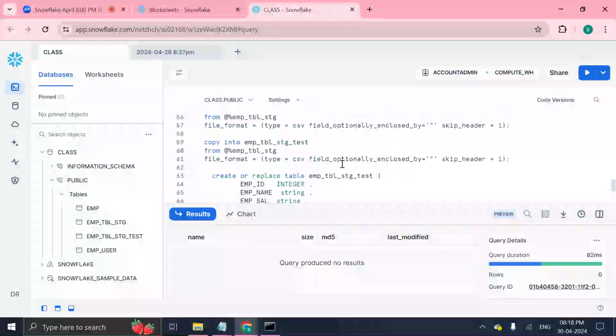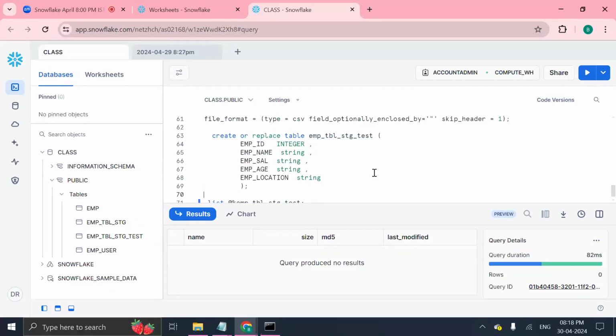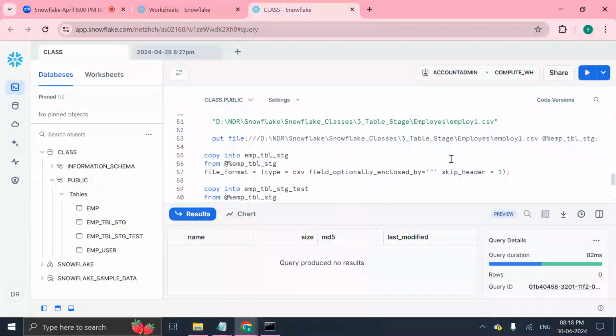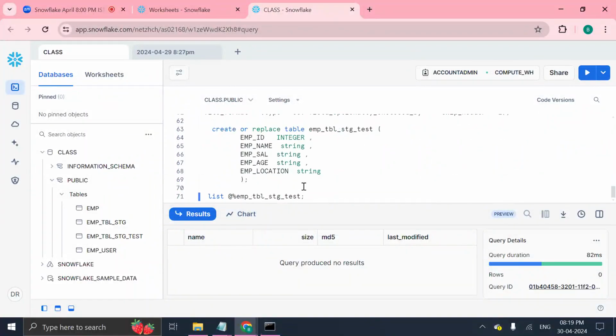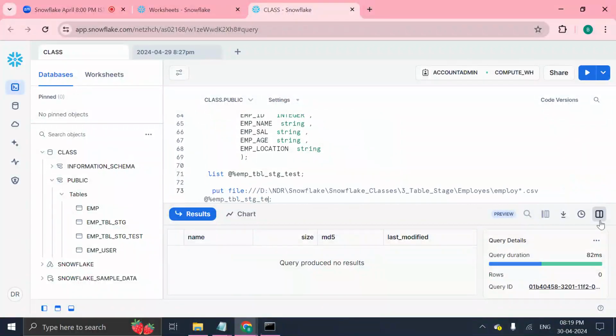Now, if I wanted to load data to this table, I want to keep the files in this particular stage area. Now I want to process not a single file, but all the files. Then just modify the put command. Observe this. When you are implementing, this is the table, this is the file. Instead of a specific name, I will give star here, and this needs to be loaded to this particular test table stage area. Now copy the put command,